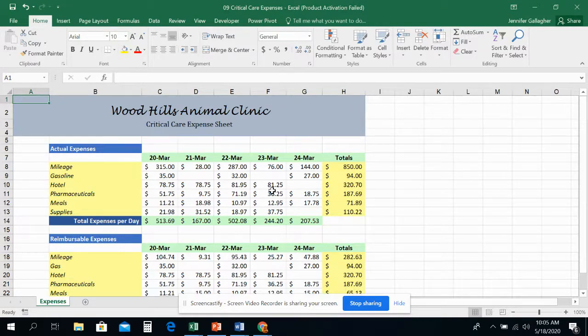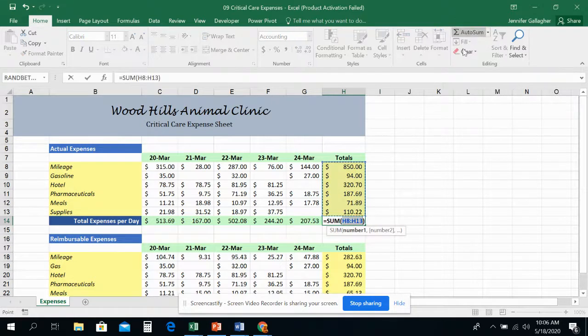So back to auto outline. We are going to select H14. So H14 is here, and they want us to bold it. So I'm going to bold it, and I am going to use the auto sum feature. So I'm going to do that through the home tab this time, and it is selecting the totals up above. And realistically, we could, and I'll show you, okay,